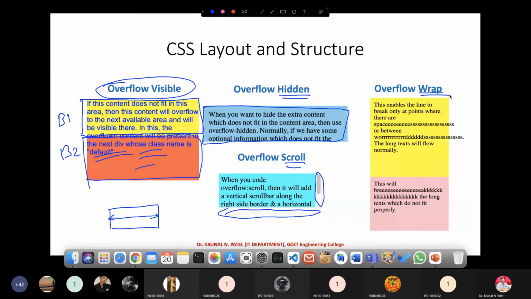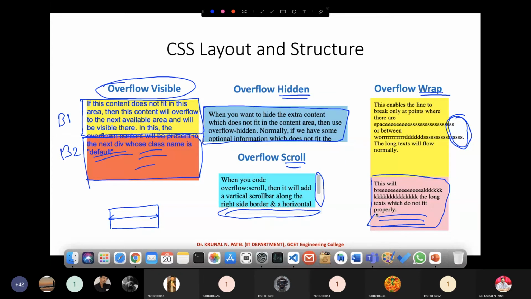And wrap: you can see that this content goes outside the box, and when you set wrap, it will come within this box. By observing these pictures, you can see how the overflow property works, and it is very important whenever you specially deal with contents.